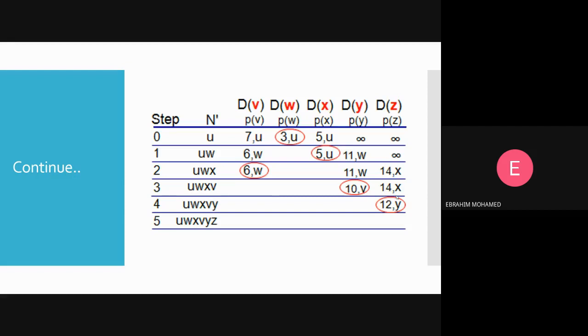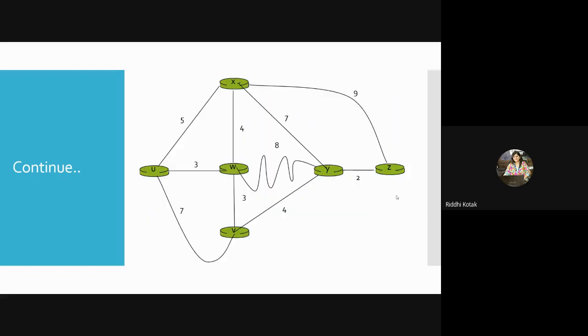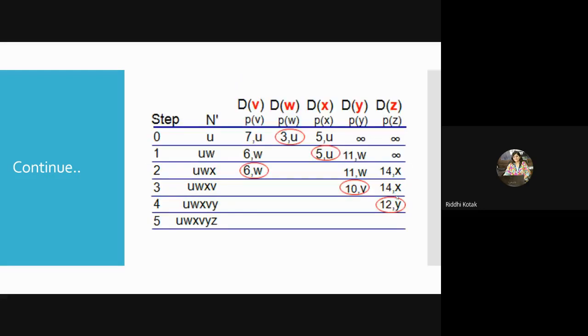Okay. See, your current node is X. Two, three things you have to keep in mind, then you can easily solve this. I will re-explain it, no issue. Okay, if you go to the graph, your current node is X, and previously you have visited W and U. So what you have to keep in mind, three possibilities you have to check. First for the current node, then you also have to check for the predecessor node. And then out of that you have to select the minimum one. Now X, W and U.